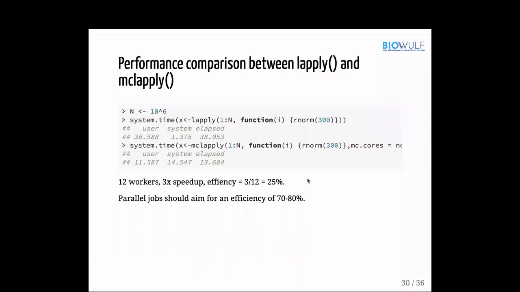So at the back end, doMC is using the parallel package. Again, if you're interested, you can test this function, but just try overloading it. You will see the speed is probably even longer than the sequential one. So that's why you should always check the dashboard to make sure the right number of CPUs is being used.